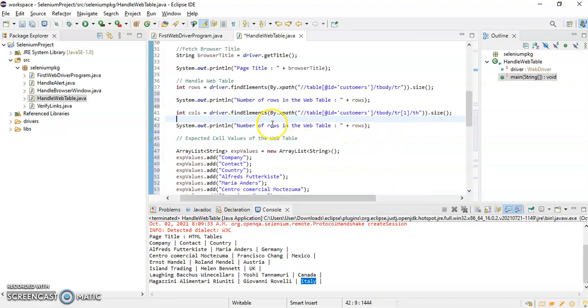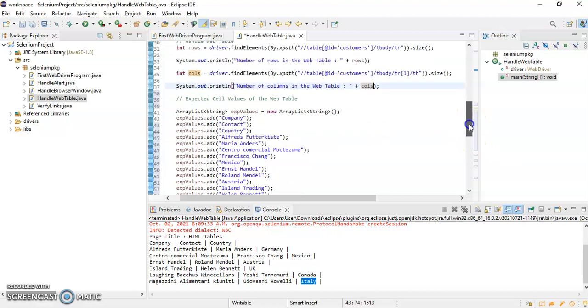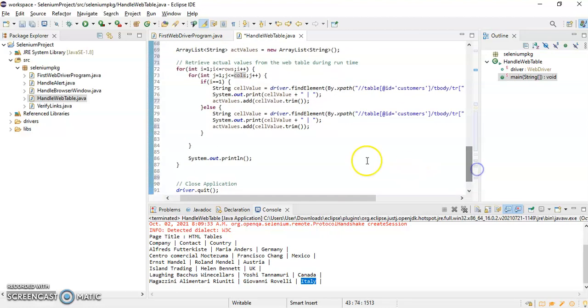So I'll change it to columns, and I'll change this value. For comparing, I just have to compare the expected values with the actual values.